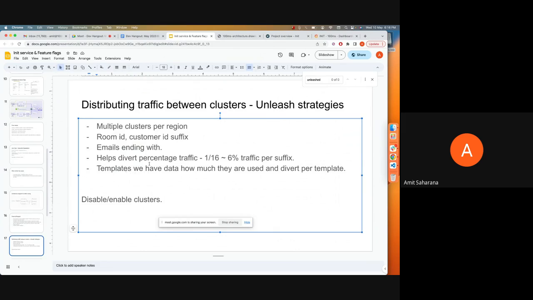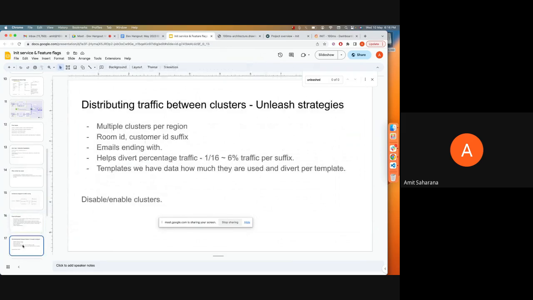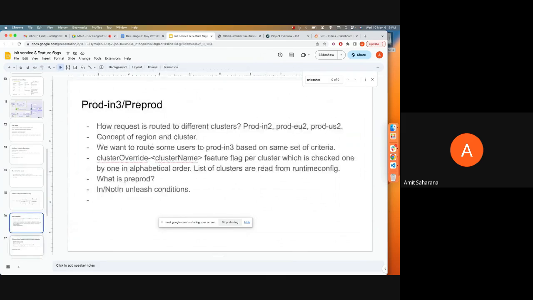Then we can put this template condition directly into the Unleash UI to identify how much traffic we want to do. So this basically helps us distribute a fine-grained percentage of traffic to different clusters. Like if we want to, let's say, divert 20% traffic, then we define 3 suffixes for customer IDs ending with A, B, and C to divert to the IN1 cluster. So this provides very fine-grained control over how much traffic we want to distribute to a given